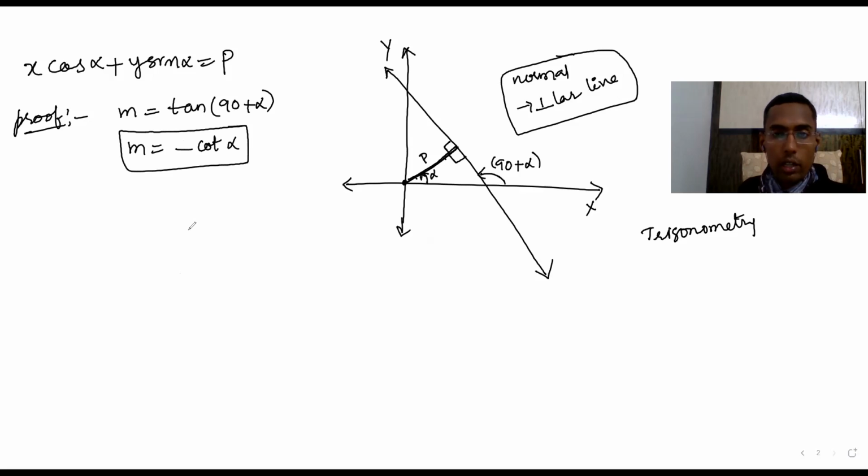And next, what you need is a point, right? The slope we got, this inclination we know, by the sum of two interior angles equal to the opposite exterior angle. So now you need a point. You can find out either this point, or this point, or both the points. Not a problem. If you have both the points, you know the x-intercept and y-intercept, so you can find it by using intercept form also. That's also okay.